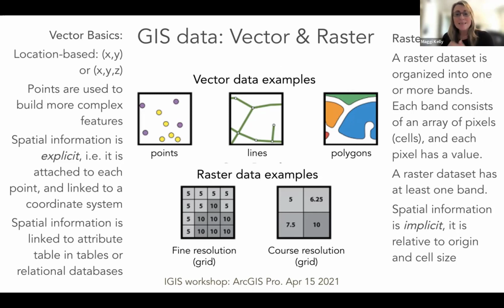Spatial information is implicit, which means each cell doesn't have a piece of data associated with it that says, this is where I am. It's all implied. It's just a matrix of rows and columns. So raster tends to be the kind of data that we use for complex spatial modeling because it's a lot faster. Vector data can be very cumbersome the more of it that you combine because of all that precision, but they both have roles. They both play great roles in GIS.